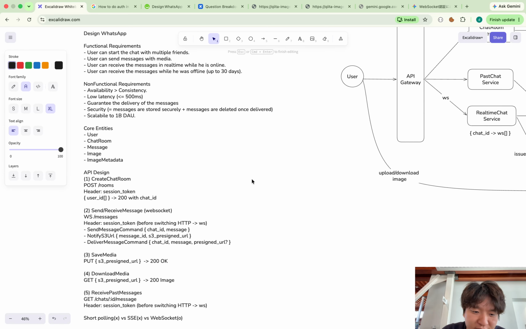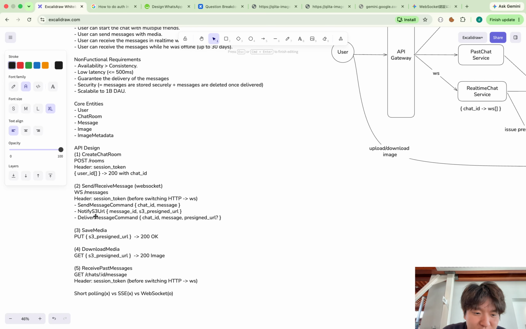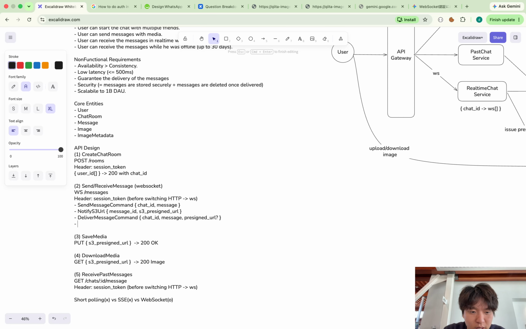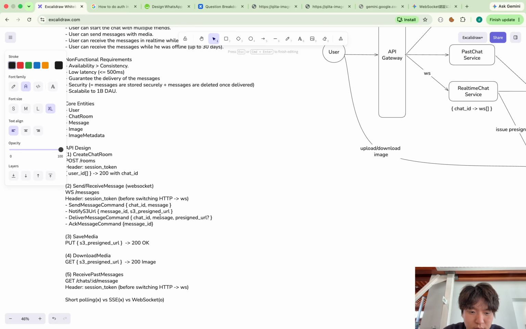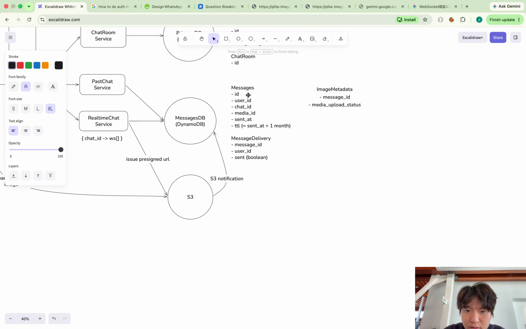Okay, so once the message is sent to the user, the user sends an acknowledge message. This should include the message ID. Sorry, this should be text. And this should have text obviously, because this is a message.